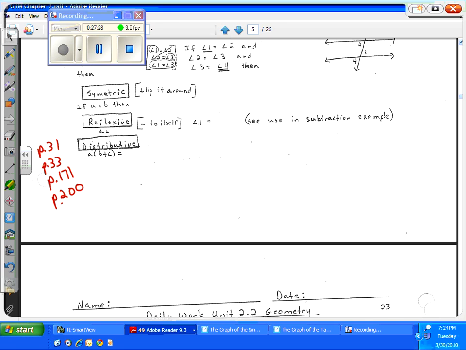Now, what distributive is, you're going to take the thing outside and multiply it by the two things on the inside. And so we will have A times the first little piece B, and then A times the second piece C. And so we would have AB plus AC. Now, let's look at some examples of distributive. If we had 3x squared times (5x to the third y minus 6xy to the fourth),